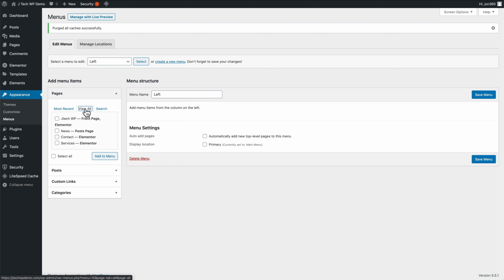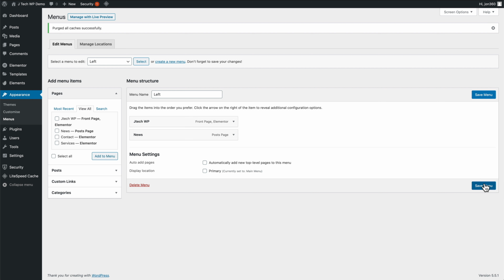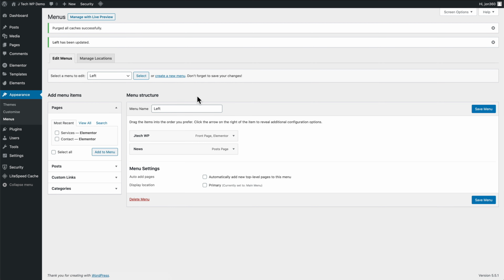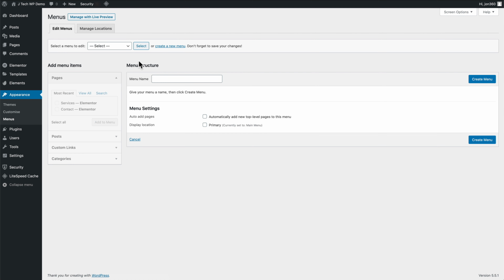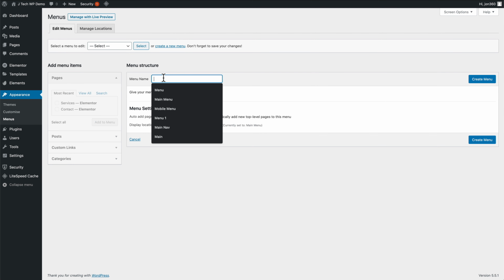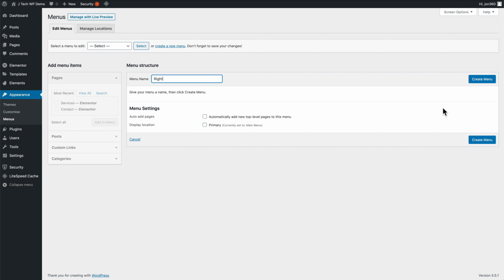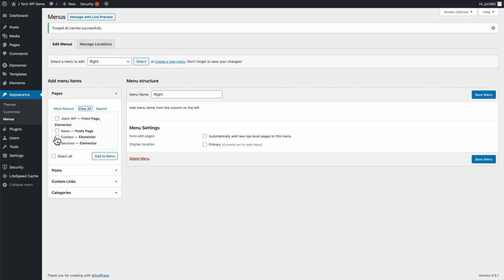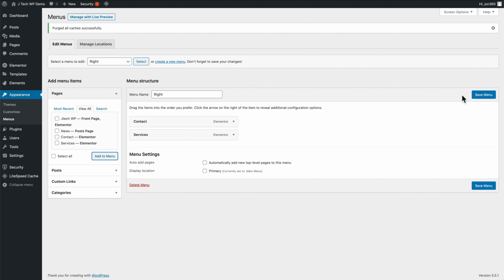We're going to go view all. I'm going to put 2 on each side. So if you've got more, try and keep them the same number. So if you've got 6 items, have 3 on either side. Add to menu, save menu. We're going to create the right menu now. So I go create a new menu. We're going to call it right, create menu, and just use the other 2 pages. So I'm going to use contact and services, add to menu, save menu,